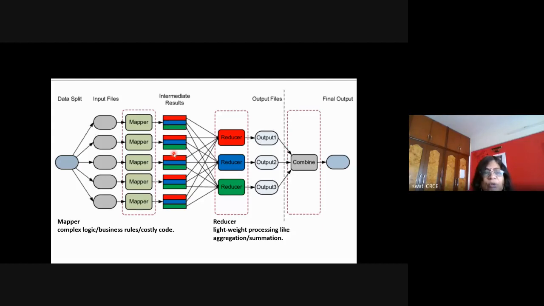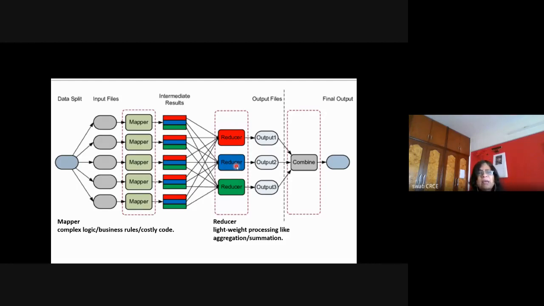Here it is shown uniformly, but there is no guarantee. Some of the mappers may not produce a particular key, such as the red key. So the keys are generated. Now the keys are shuffled in such a way that all the red keys go to a particular reducer, and this reducer is code running on a particular data node. Mappers are running on different data nodes. If I assume one mapper or one reducer per machine, then 5 plus 3, total 8 machines, so 8 data nodes are there. 5 data nodes are running mappers, and 3 data nodes are running 3 reducers in parallel.